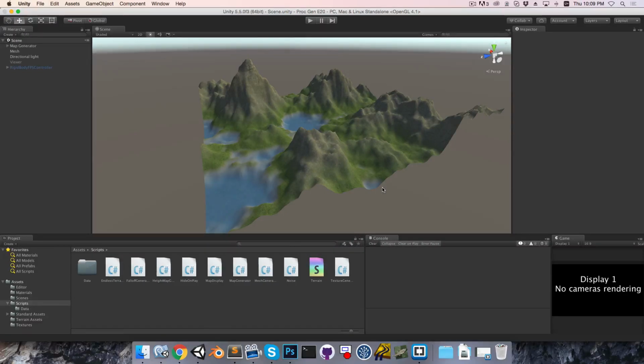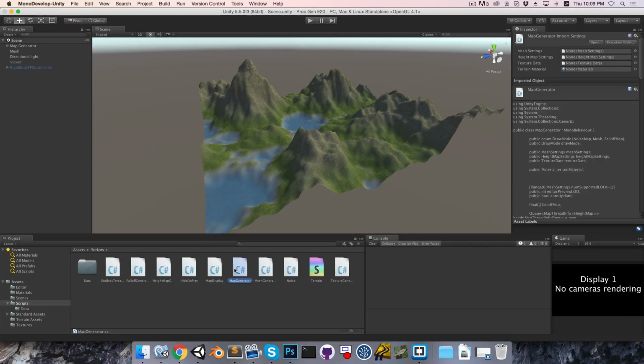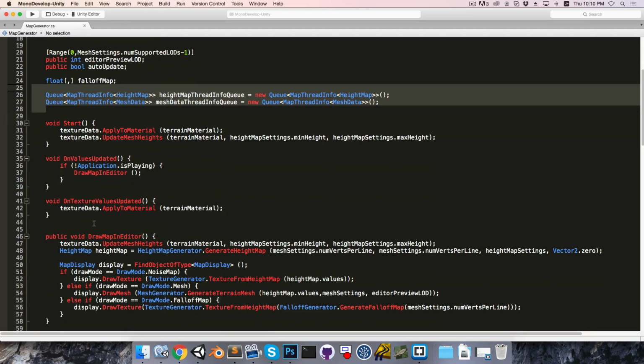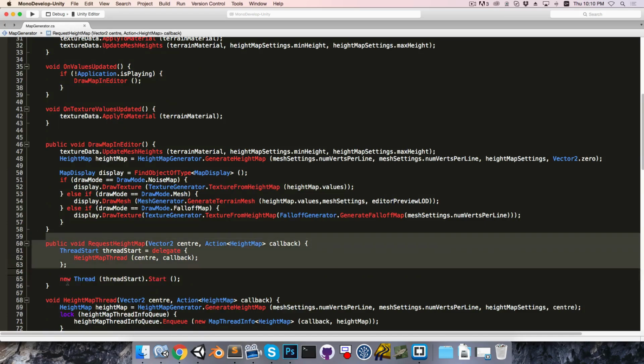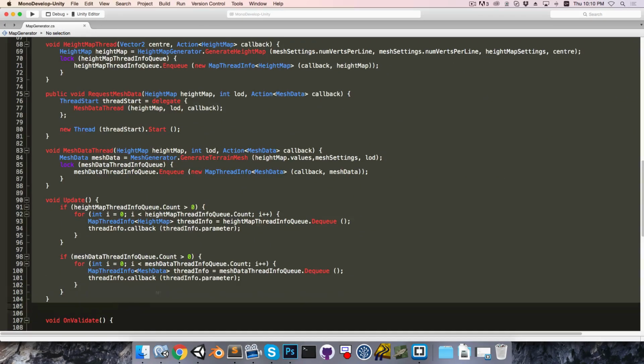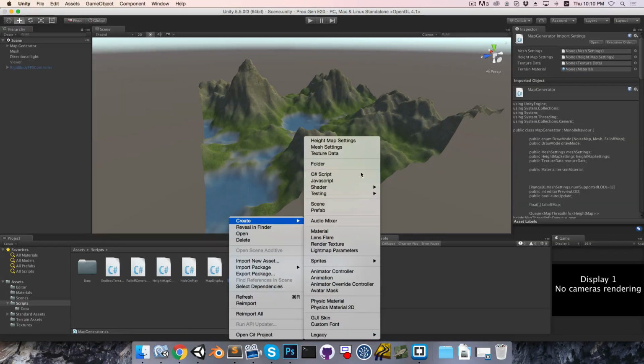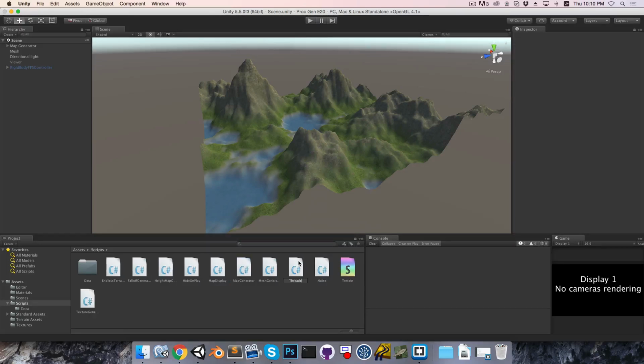Hello, in this episode I'd like to finish off the refactoring that I started last episode. So I'm going to begin in the map generator, where I'd like to take all of this threading stuff and move it over into its own class called something like the threaded data requester. So I'm just going to cut this out, and then in Unity create a new C# script, threaded data requester,